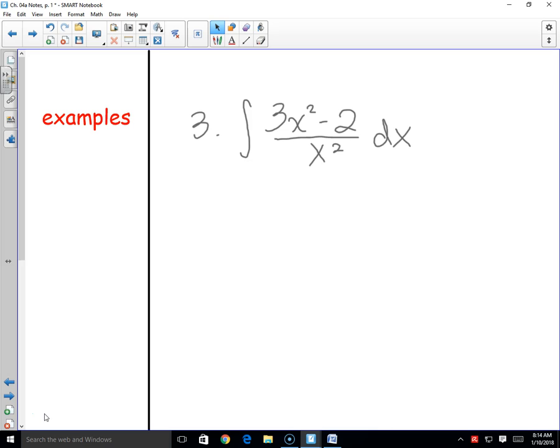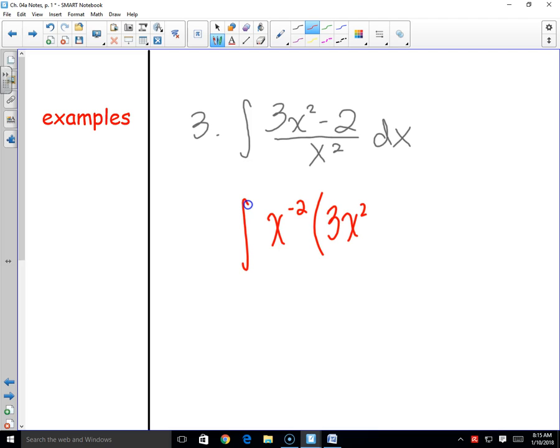There's 2 ways you can do this. You can either split up the fraction, or you can take that x squared and put it on top by making the exponent negative, which is a lot easier because then that leads to multiplication. And then that really helps us by simplifying down the top in a faster way. Okay, so then you're thinking make it x to the negative 2? And then just writing in the original, what's up top, and then distribute in that x to the negative 2,